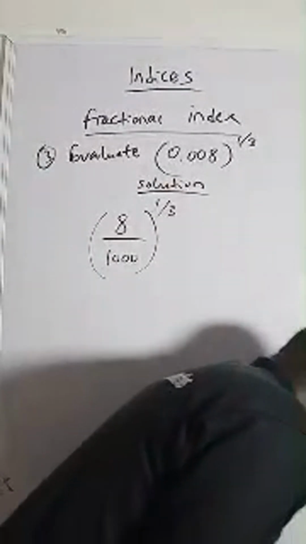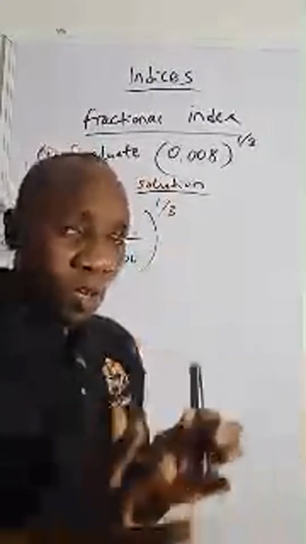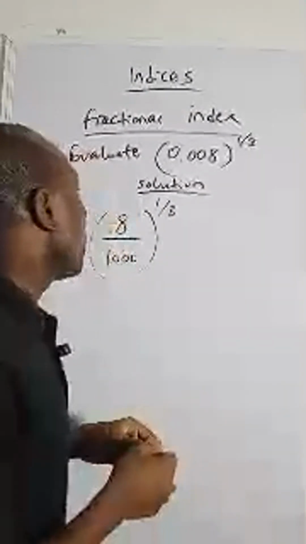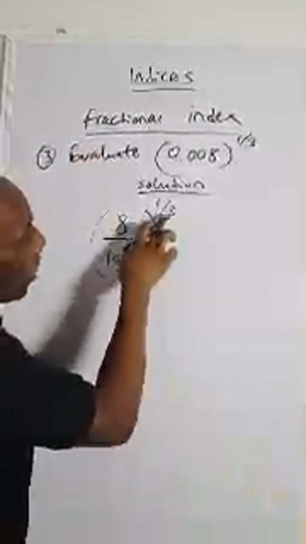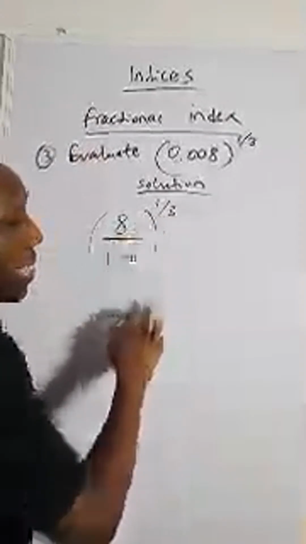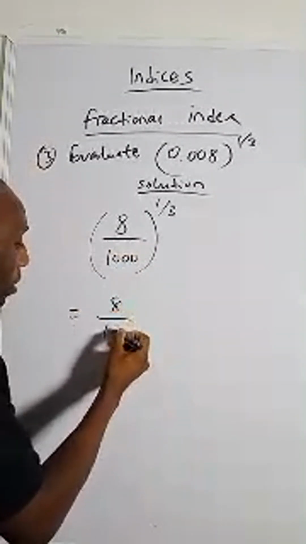Yeah, someone says 0.2. Okay. Can you express that as a common fraction? That's 0.2. All right, let's do that. So this is 8 over 1000, but we have 1 over 3 as the exponent. We are going to rewrite this 8 over 1000